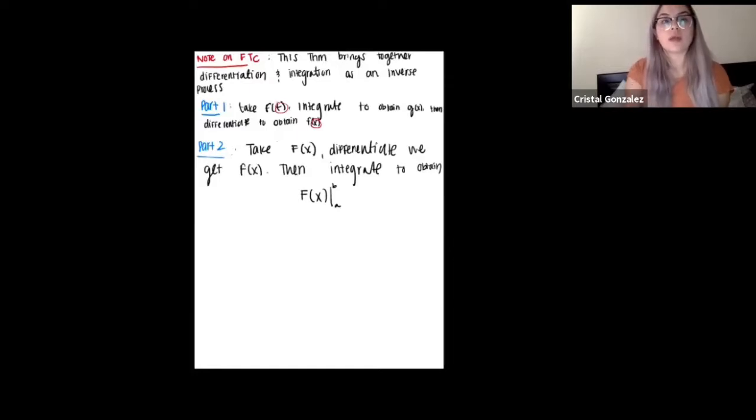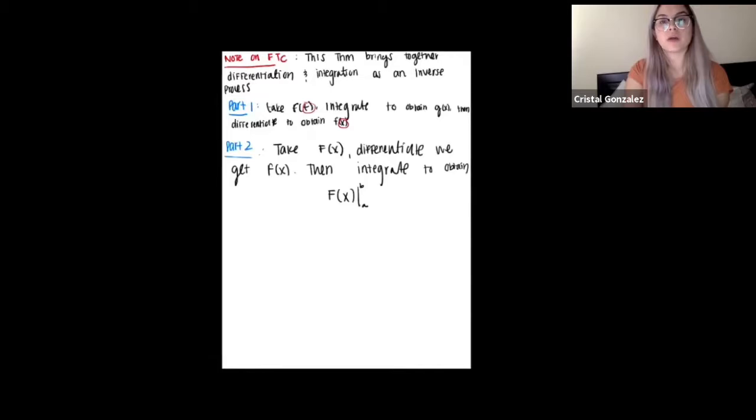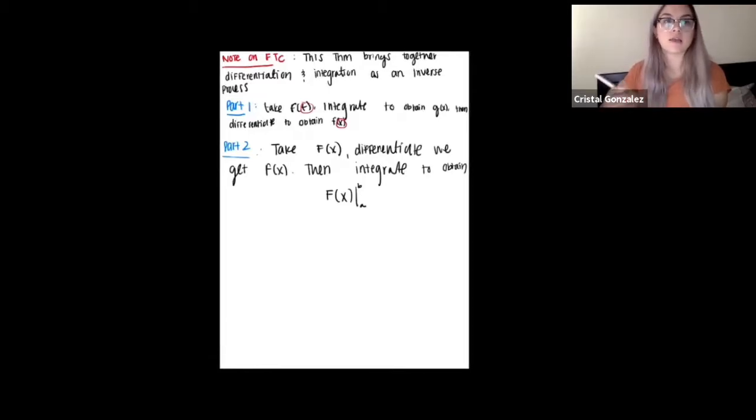Okay, so now what we're going to talk about is an average value of a function. If you have a function, they want to know what the average value of that function is going to be. And so the best way to go about this is to recall how to find the average of something. So to find the average of a set of numbers,